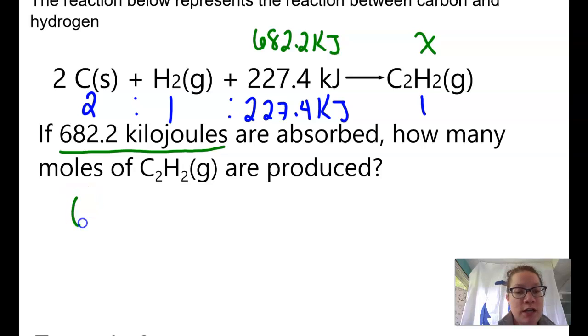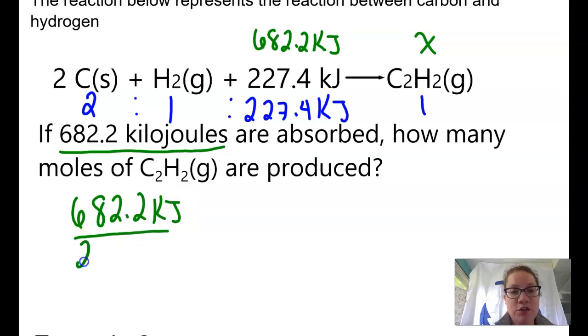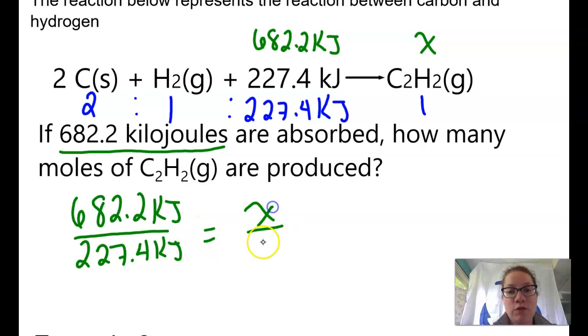So you're going to end up with a ratio of 682.2 kilojoules divided by 227.4 kilojoules, and that's going to be what? Over 1 mole. So go ahead and solve that. Right, and you should have seen that this would make 3 moles